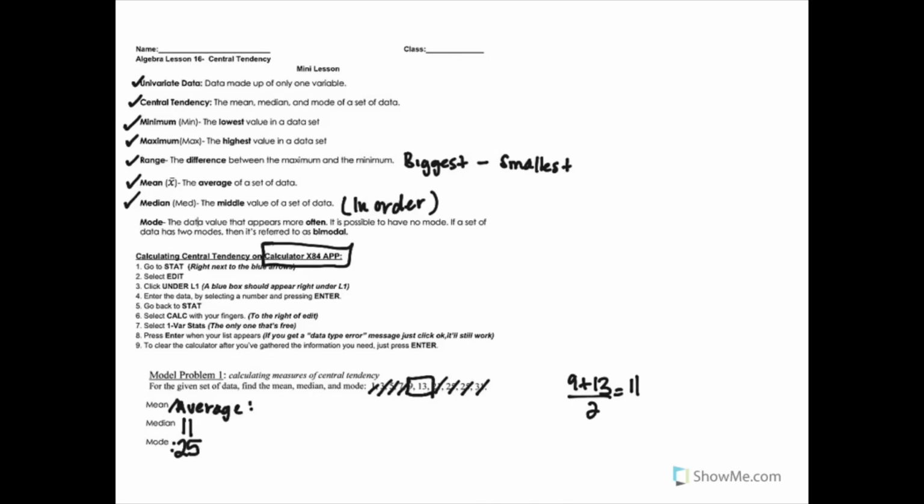Now for my average or for my mean, I would have to take all of these data points and add them up. So I would do 1 plus 3 plus 5 plus 7 plus 9 plus 13 plus 21 plus 25 plus 25 plus 31 and divide by 10 because that is how many numbers I have, and I get 14